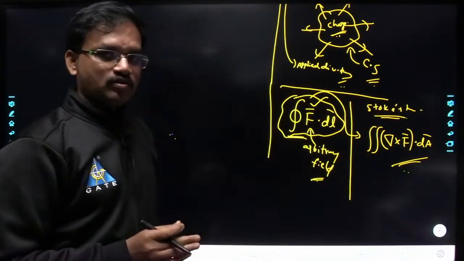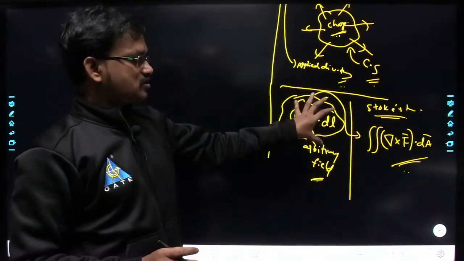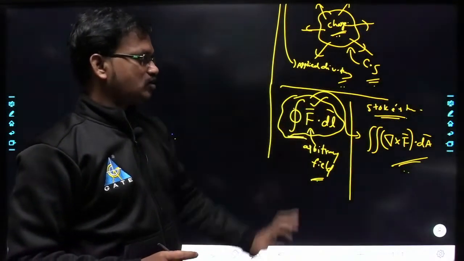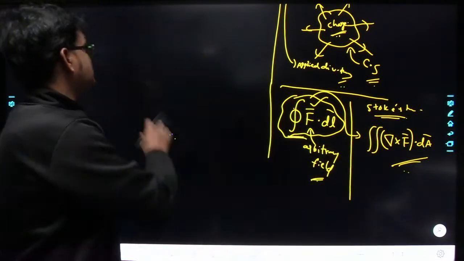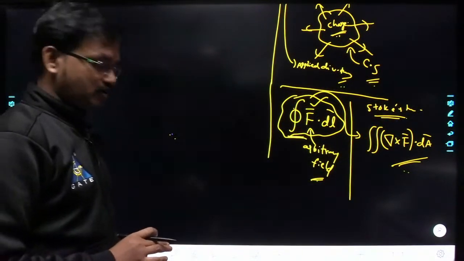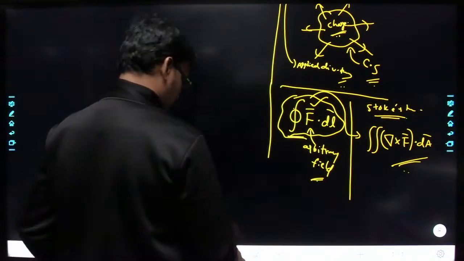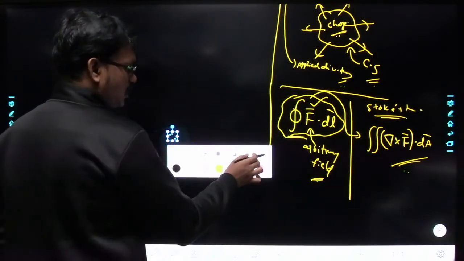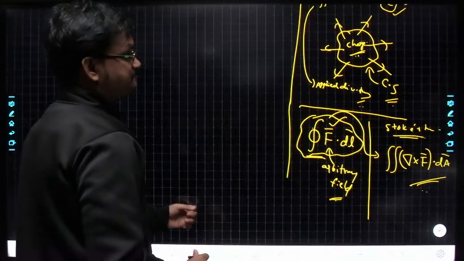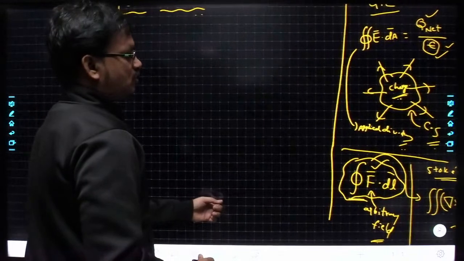So you must have the minimum knowledge of the circulation of a vector field around any closed loop, and you must know this Stokes theorem in order to understand Ampere's law, right? I hope you know all these things here, right? Okay. So now